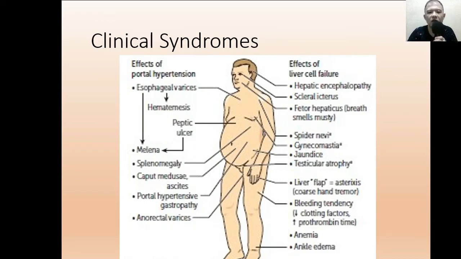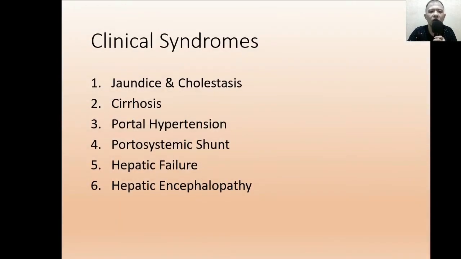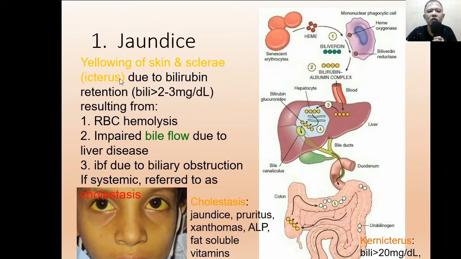So we'll talk about them one by one. For the clinical syndromes, you have jaundice and cholestasis, cirrhosis, portal hypertension, portosystemic shunt, hepatic failure, and hepatic encephalopathy. Number one, jaundice is the yellowing of the skin and the sclerae,